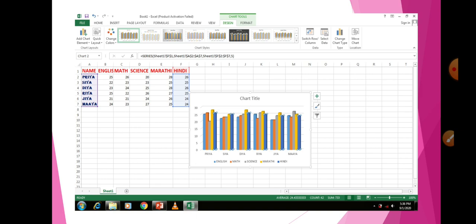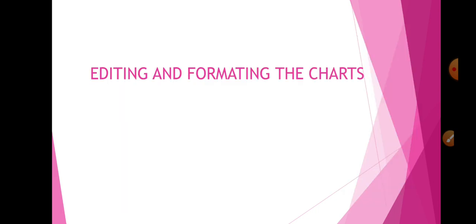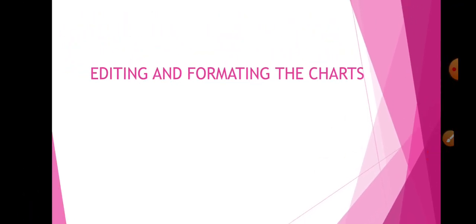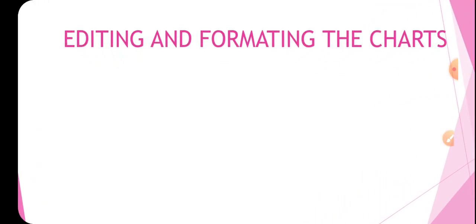Okay, now we will see the editing and formatting of the charts, how to edit and format the charts. See, now editing and formatting is very much easy.